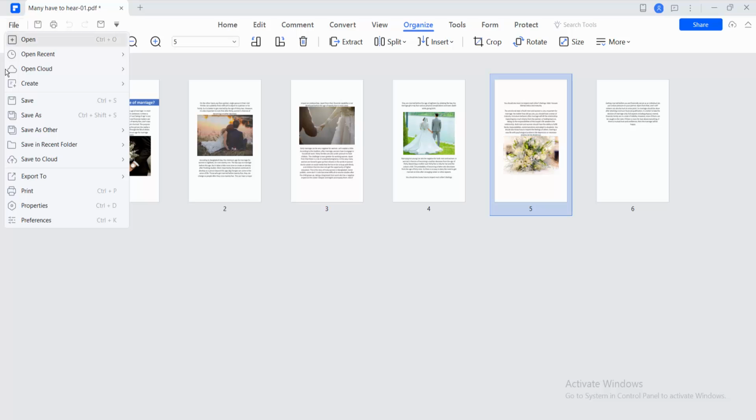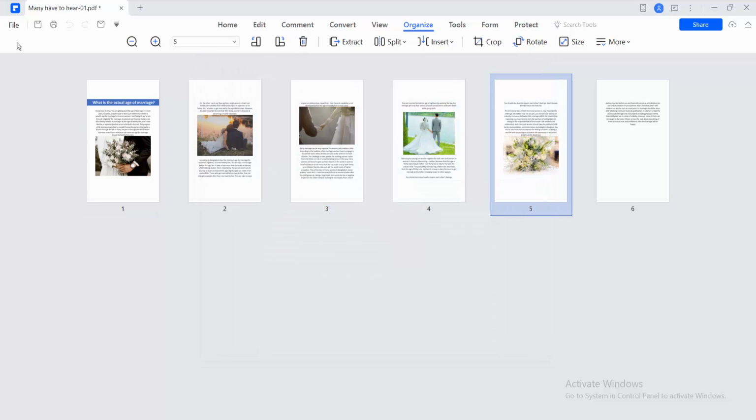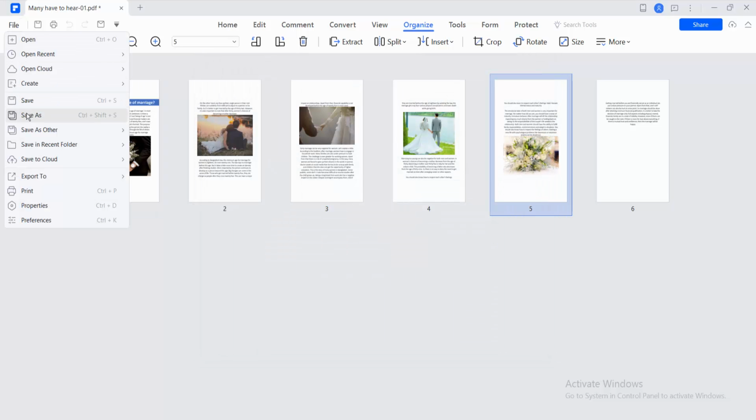And select again the File option, select Properties. This is a legal size page. And finally select this File option, Save or Save As a